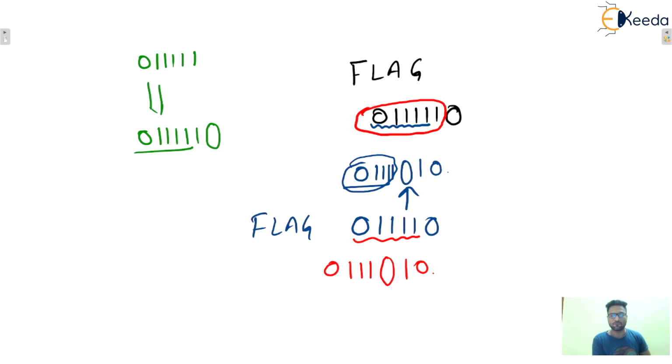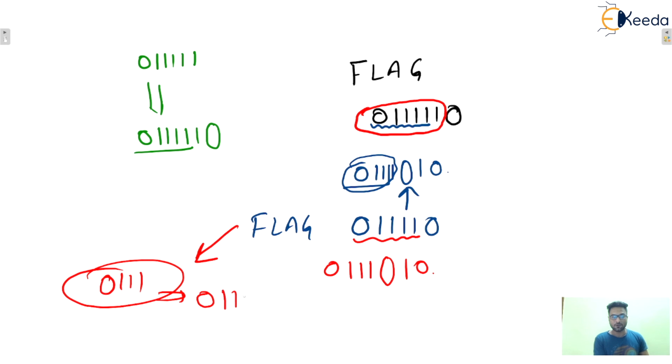I hope this one is clear to everyone. Let's say this is the flag and the data is 0 followed by three ones only. Then the sender will also attach a 0, because the rule is the same, because the receiver is going to discard the 0 after 0 followed by 3 ones. So that is the rule. With the help of the flag, there will be an indication. If the flag is 0 followed by 7 ones, then in the data we will stuff a 0 after 0 followed by 6 ones. That is the concept. I hope this one is clear to everyone. So that's all about framing, guys. I hope this is clear. Okay, thank you so much.